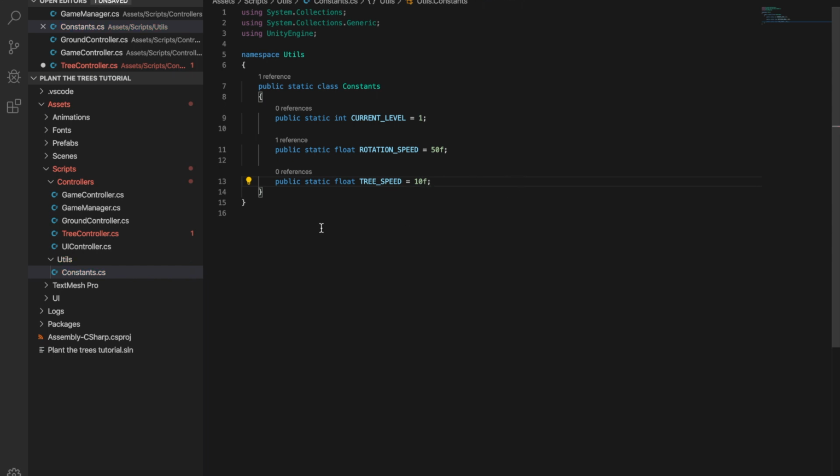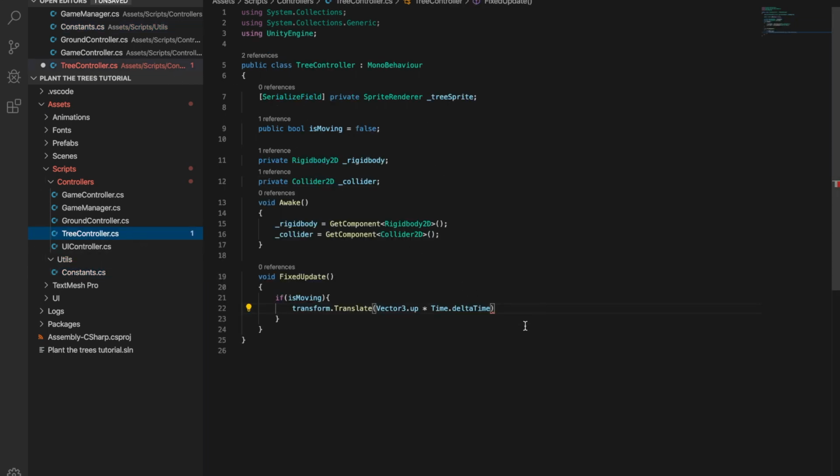I'm gonna try it. So in TreeController, here we're gonna multiply it by Utils.Constants.treeSpeed. Okay,